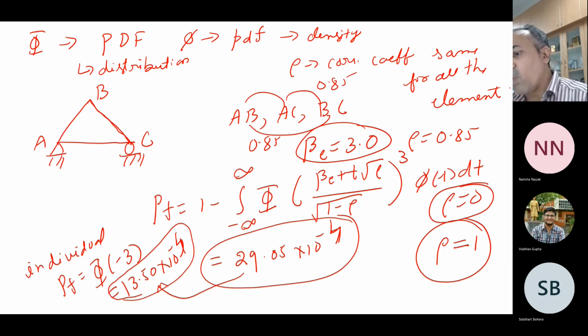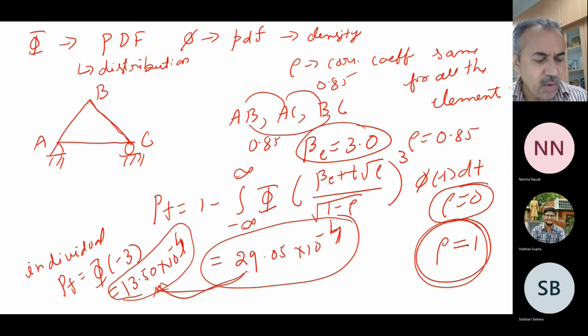Okay, the upper bound and lower bound you can get. For the same problem, if you assume rho is equal to 1, this becomes the same as 13.5. Only this expression will come into the picture. So this way you can calculate, and there are so many interesting things that will come.